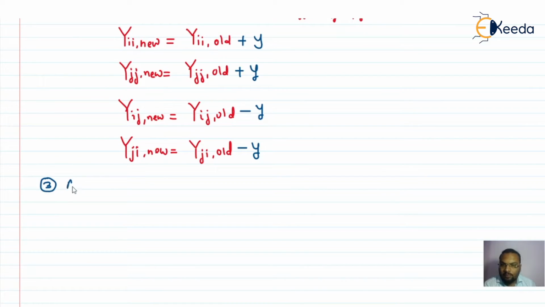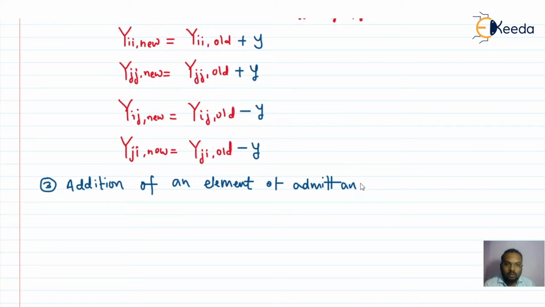Step 3: addition of an element of admittance y between, of course, the ith bus and ground will affect